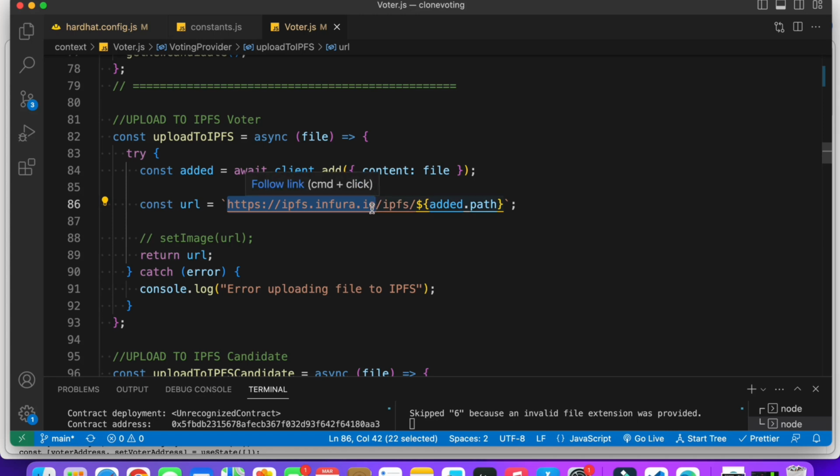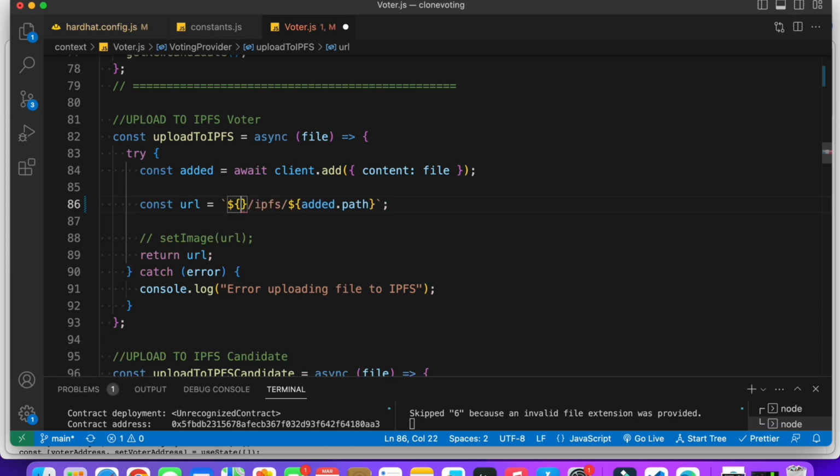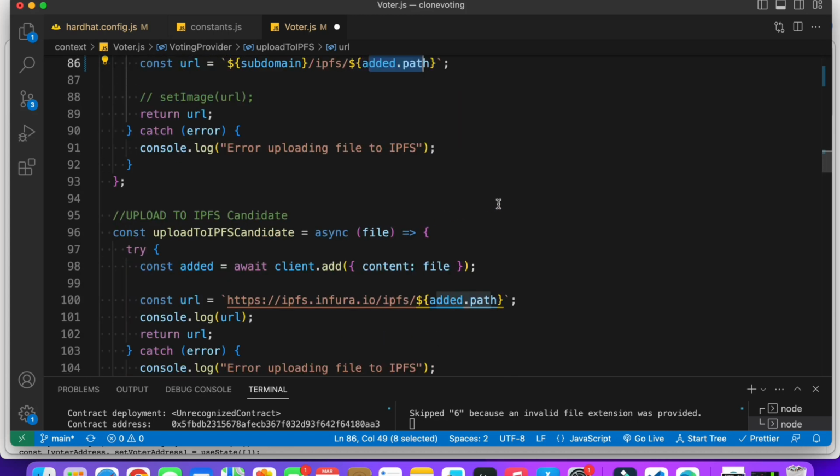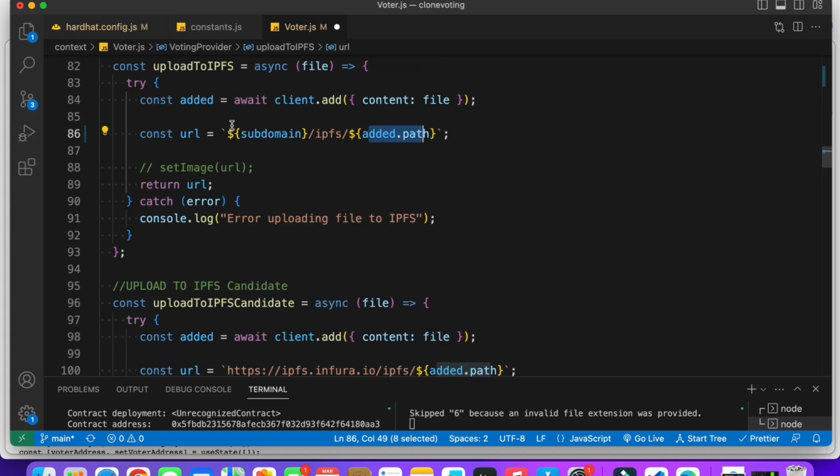We have already taken the template literal, so we can simply take the dollar sign and provide our subdomain, and those are the changes you have to do. So subdomain, IPFS, and this is the entire data which you are providing, and this will upload the data to the IPFS. Once you do this configuration, let's find out where else we are providing this. We have to do the changes here as well. So grab this one,